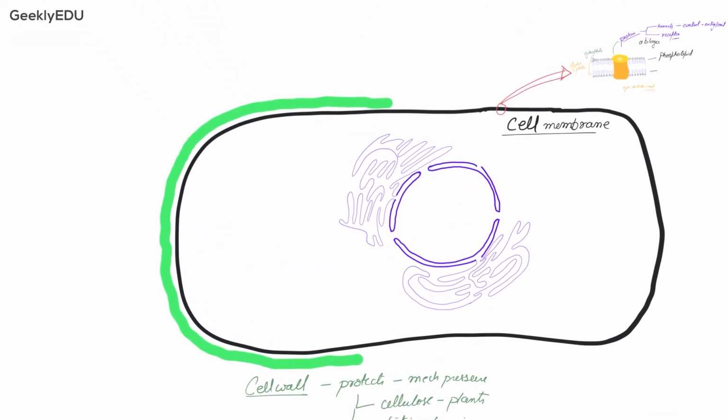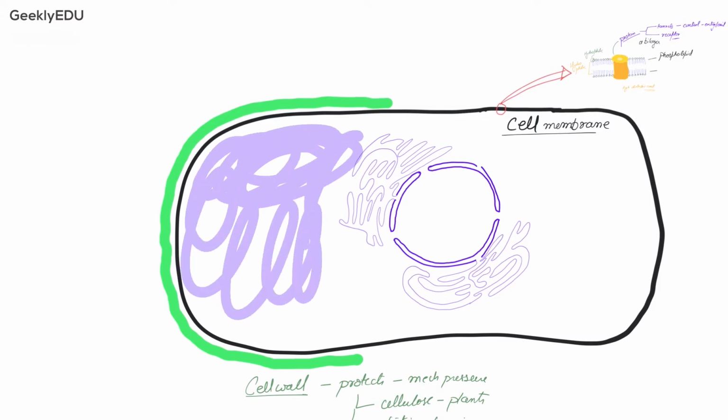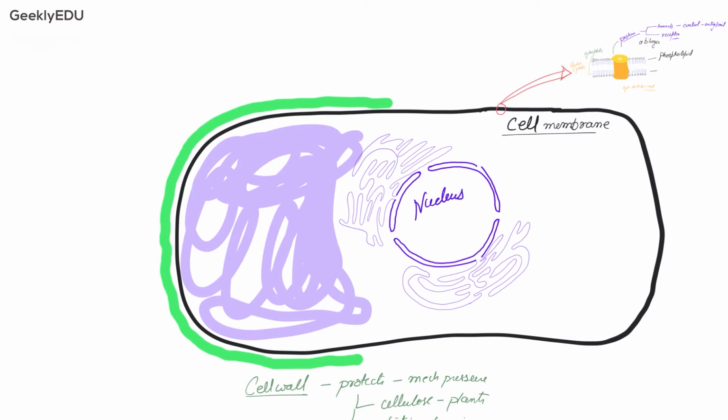So you can clearly see that there is this region inside the cell, inside the cell membrane but outside the nucleus. So what is this? This is the nucleus, but the zone between the nucleus and the plasma membrane is known as